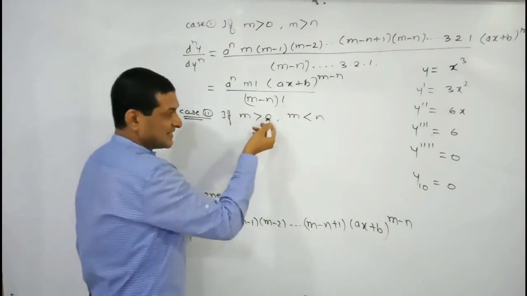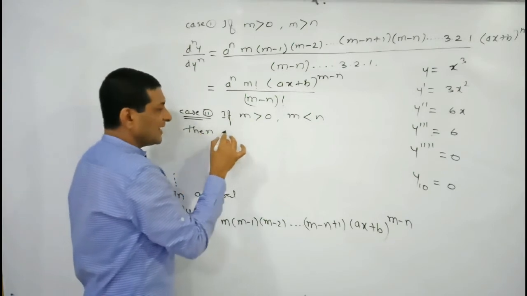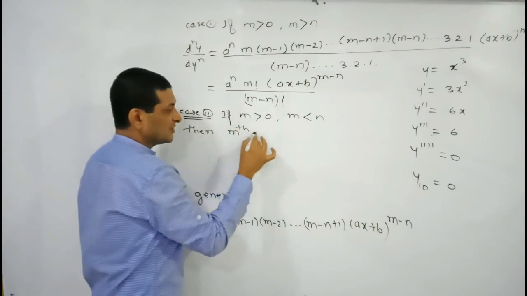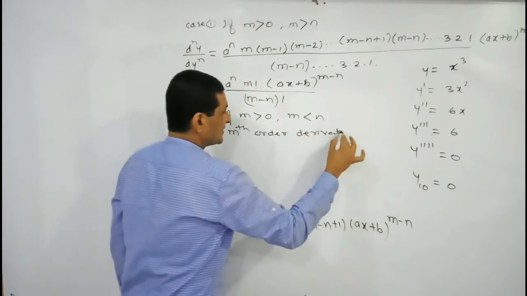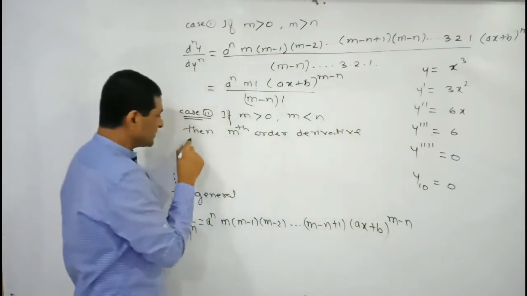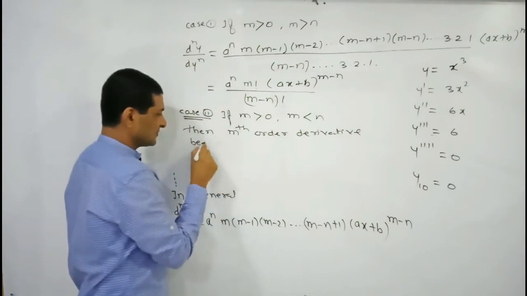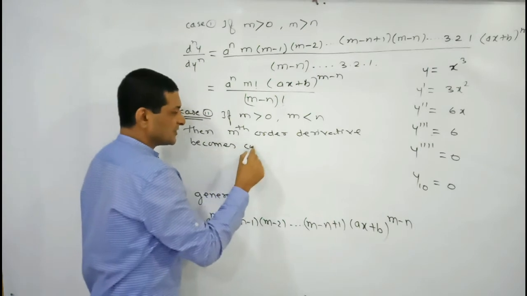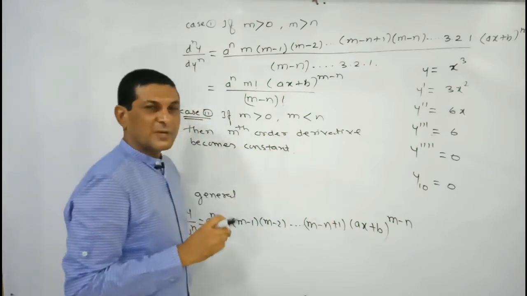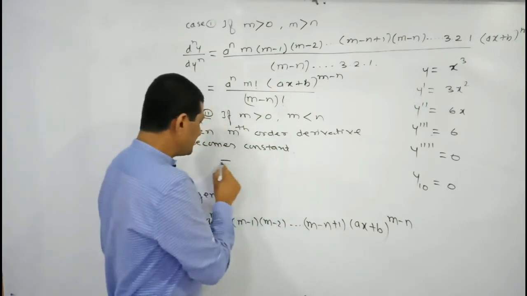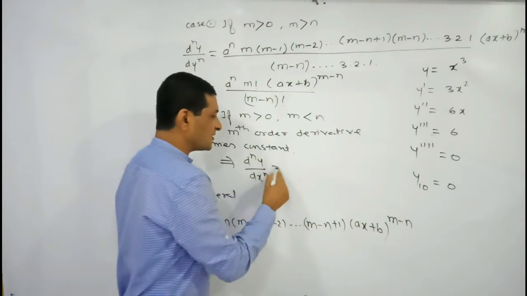So if m is greater than 0 but m is less than n, then the mth order derivative becomes constant, and since the mth order derivative becomes constant, this implies that the nth order derivative will be equal to 0,